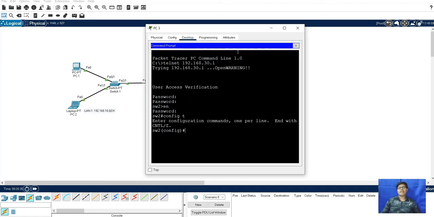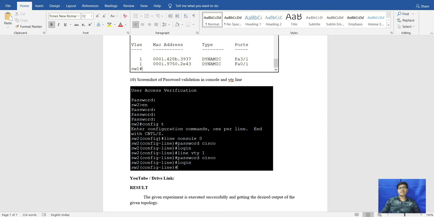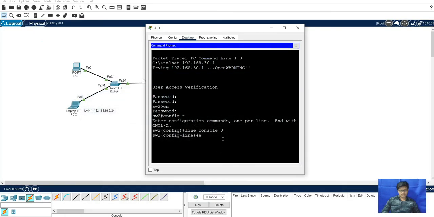So here is the configuration of terminal, and for the console we will give line console 0, and here for that we will give password, same password Cisco, and login, so it will be easier to remember.